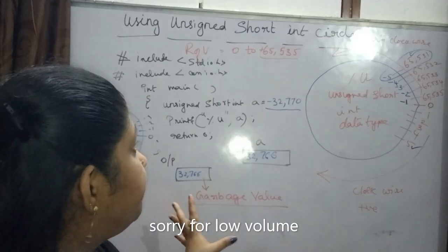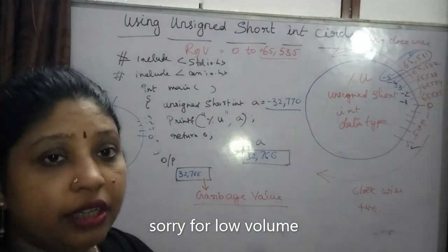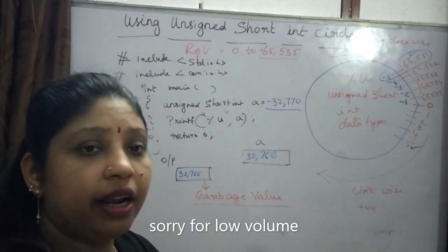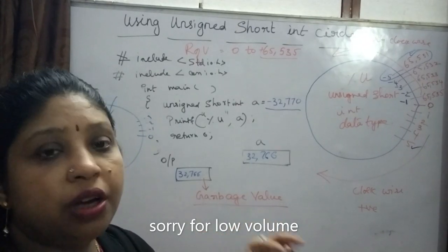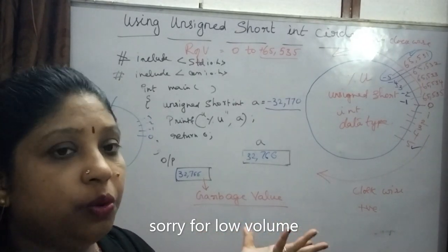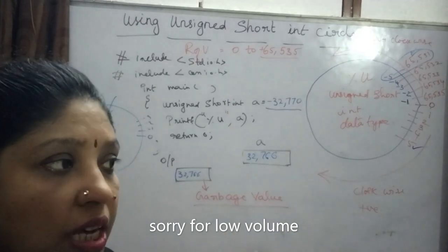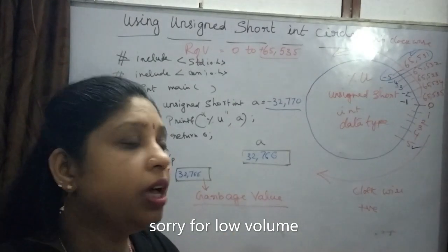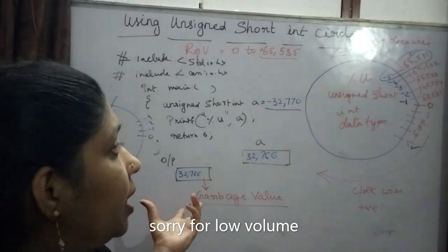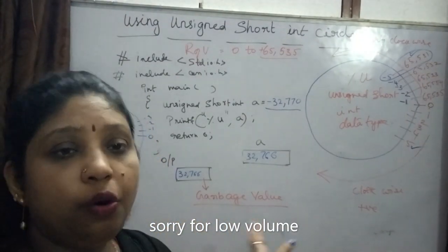With this I have completed these two circles, and in the next class we are going to start with the char. We will discuss the char data type. Okay, all the important things that are there in that, all those things we will discuss. And with this I'll complete the class, and I hope you understood.